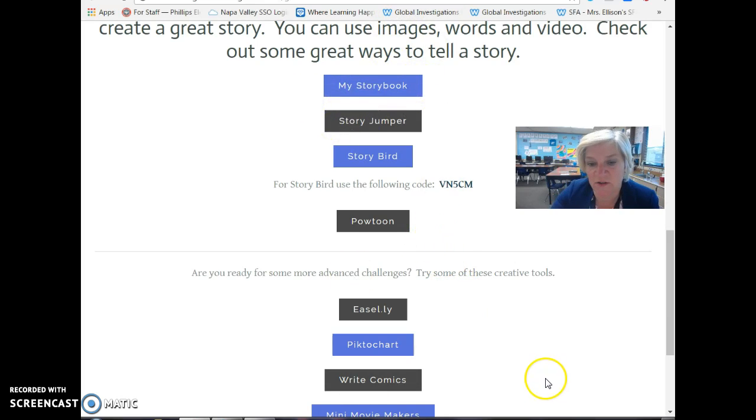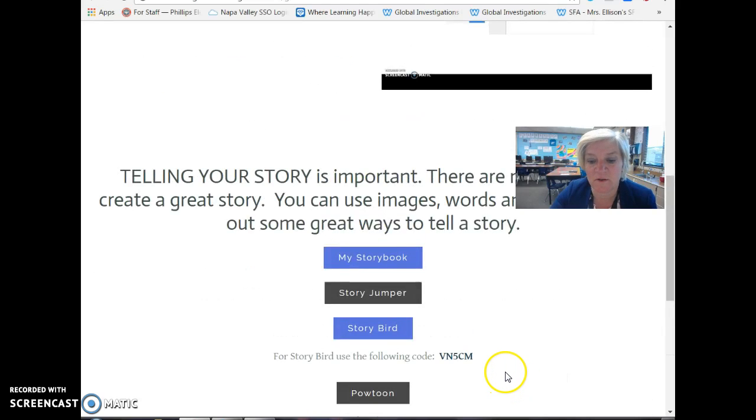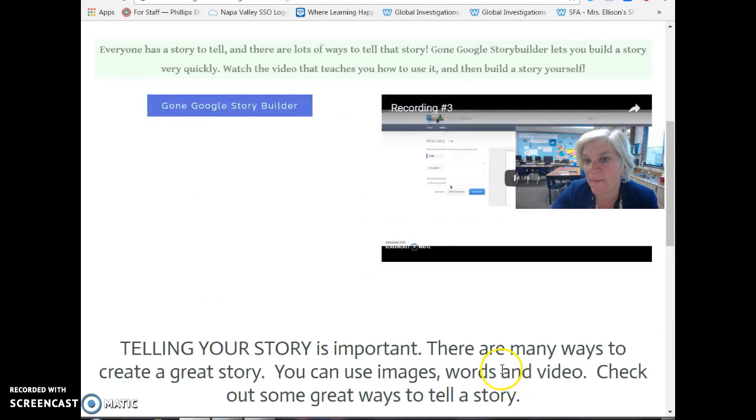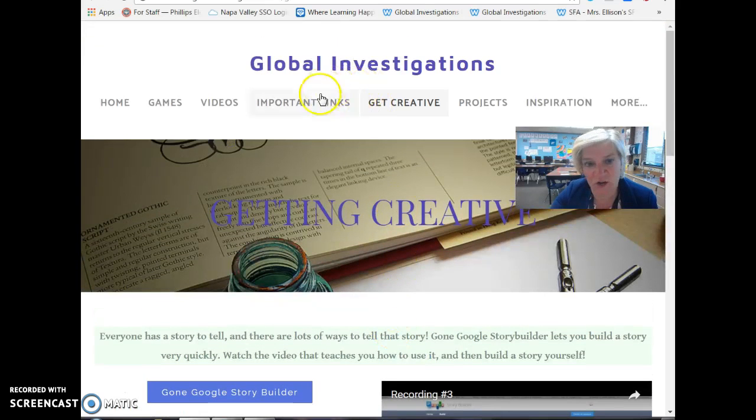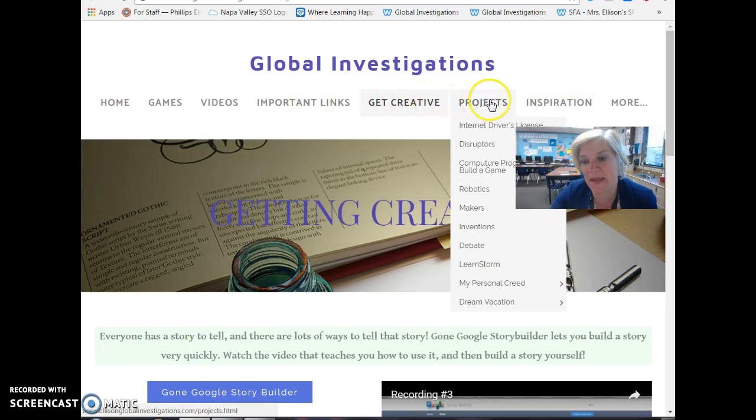So these are just all links that I found over time to free apps for students. I'm always looking for free apps that aren't full of ads and that are actually educational. So that's that one. And then my main section, and the reason I built my Weebly in the first place,